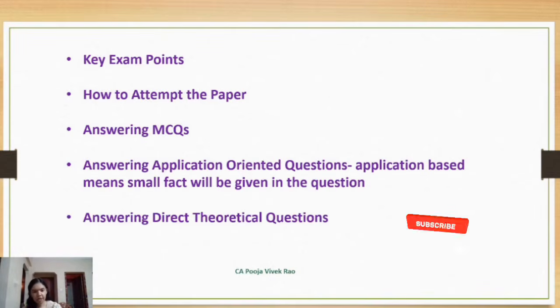Next, suggestions were given for answering the direct theory question. So for direct theory question, you have to write with heading and then highlight the main points with descriptions. And you can also write the answers such as bullet points with headings also, and explain with the help of example wherever possible. And break the answers into brief points or paragraphs. So this is how you should approach the direct theory questions.